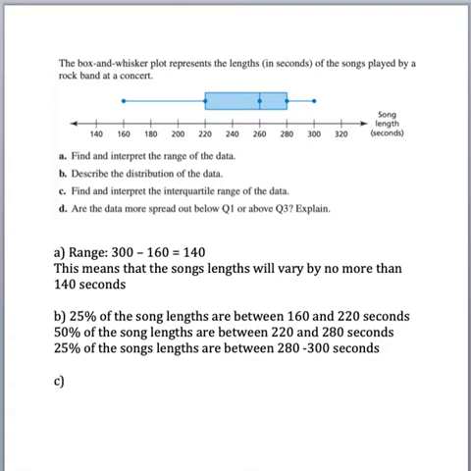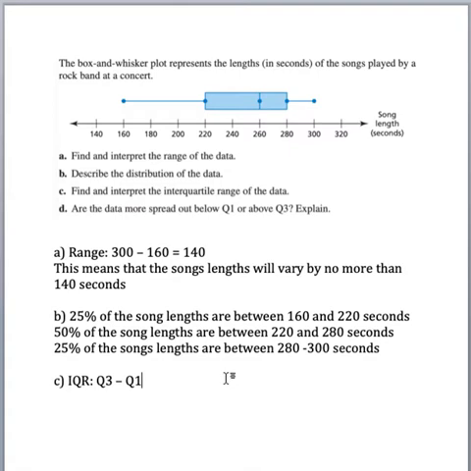Okay, part C. Find and interpret the interquartile range of the data. Now, this is a new term that we haven't seen before. The interquartile range, abbreviated IQR, is when you take the third quartile number minus the first quartile number. So quartile 3 minus quartile 1. A lot like the range that we found earlier, except we're using the quartiles instead of the least and greatest